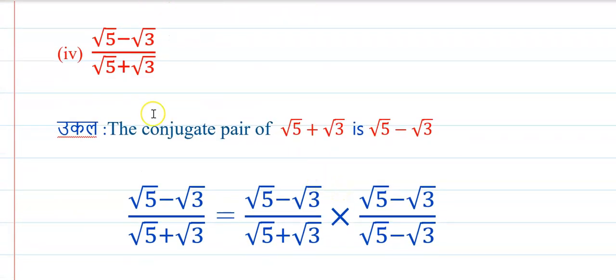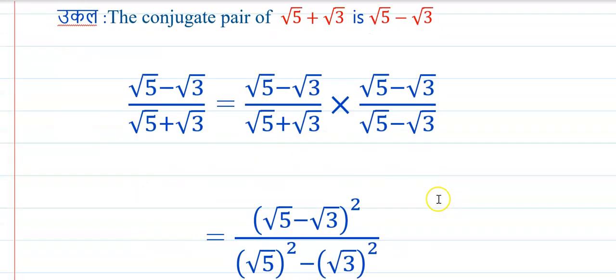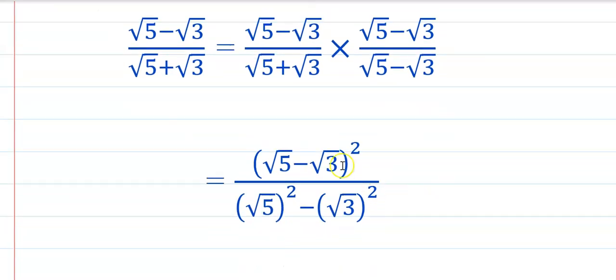Now next, root of 5 minus root 3 upon root of 5 plus root 3. Now the denominator again has an irrational number, so we will take its conjugate pair. Root 5 plus root 3, the conjugate pair is root of 5 minus root 3. Again we will multiply the numerator and the denominator by root of 5 minus root 3. Now here is root of 5 minus root 3 into root of 5 minus root 3, these are like terms. What about here? The conjugate pair is here, root 5 plus root 3, root 5 minus root 3. And you will get a plus b, a minus b, which is a square minus b square, root of 5 bracket square minus root 3 bracket square.